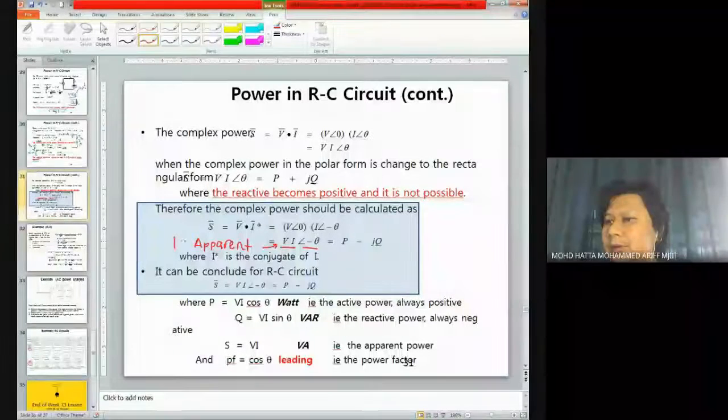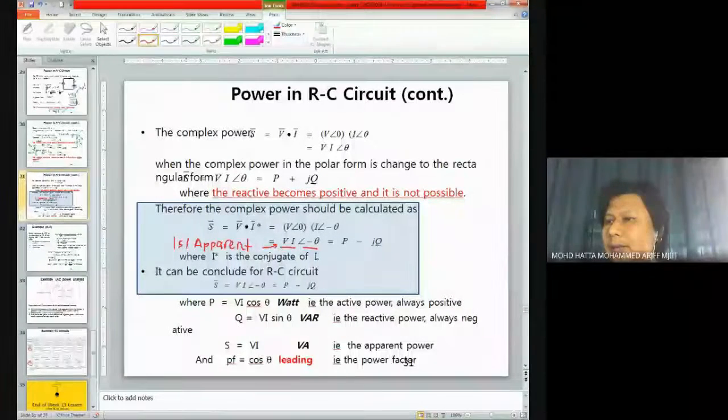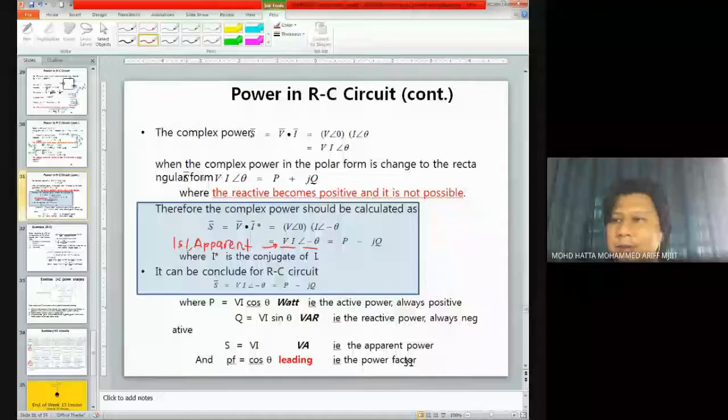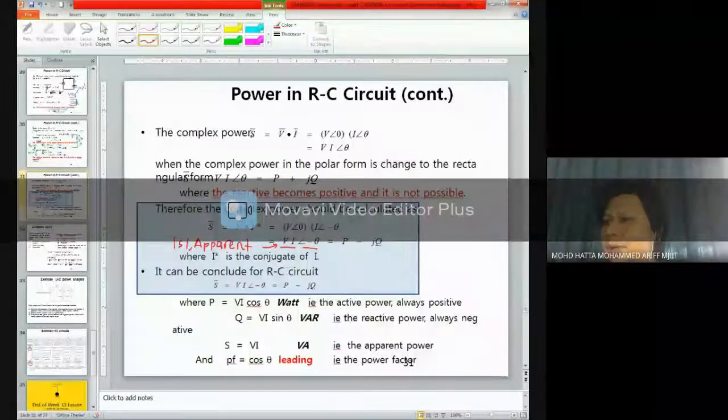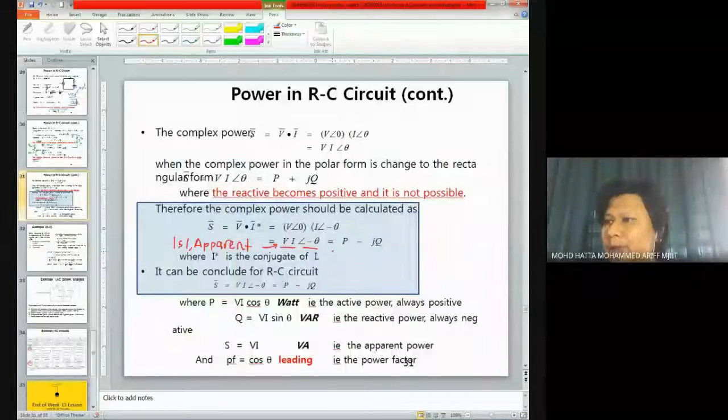Apparent power, or sometimes labeled as S, the magnitude of S. This is not absolute, this is magnitude of a vector. The magnitude of your complex power, also known as apparent power, and if you convert it into rectangular form,